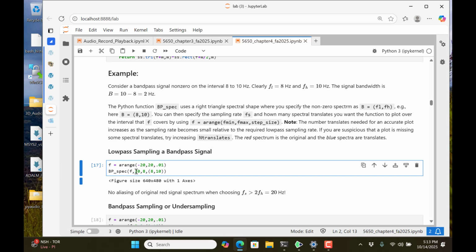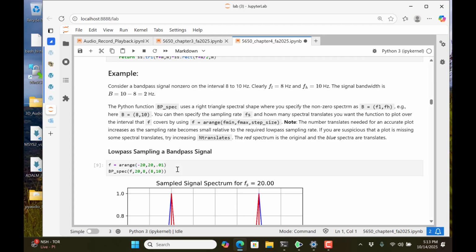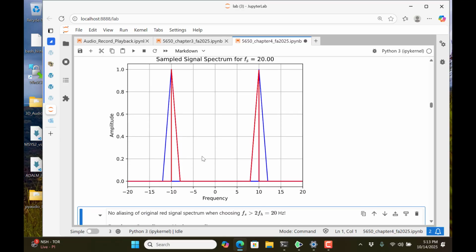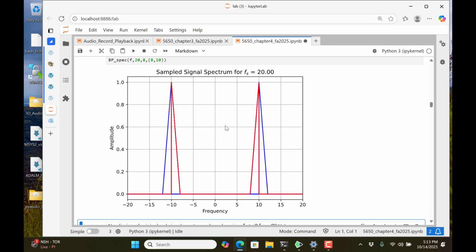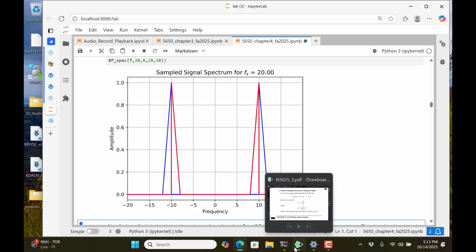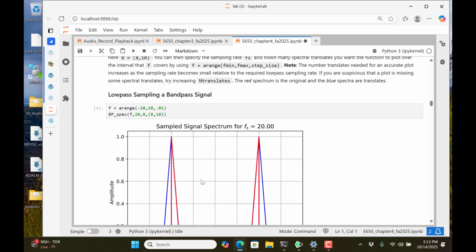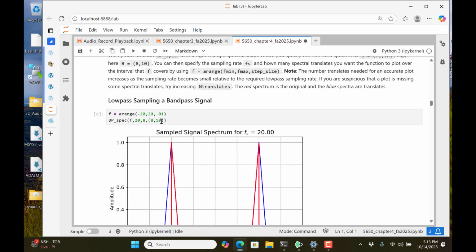So let's just see if that draws correctly. And I use different colors. Red is the original and blue is the translate. So that looks good. Now I'm tempted to flip back over to this. So we know our signal has a bandwidth of 2 hertz, right? Because it goes from 8 to 10. Let's go back and look at